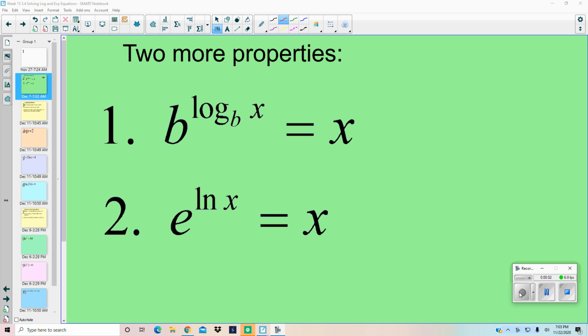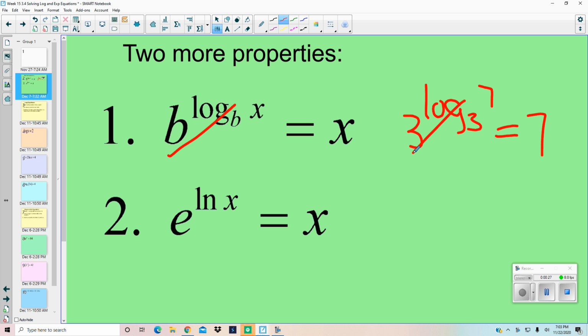This week we are adding 2 more properties. When you have a base b raised to the log base b of x, it just equals x. In other words, this gets just canceled out. So if I have 3 to the log base 3 of 7, then that would just equal 7 because this